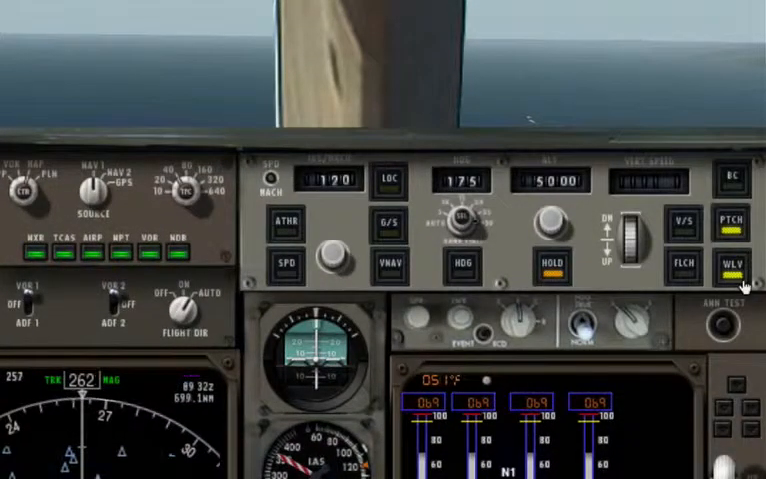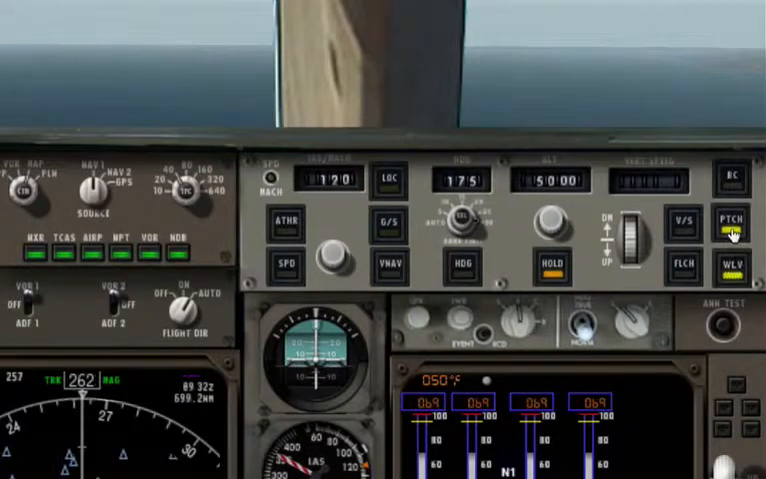As you can see, these two buttons lit up. The WLV means wing leveler. That'll keep our wings leveled until we decide what to do next. And this pitch button, that'll keep our pitch from going up and down until we decide what to do next. So in order to climb to 5,000, I'm going to click the V/S button, which is vertical speed,